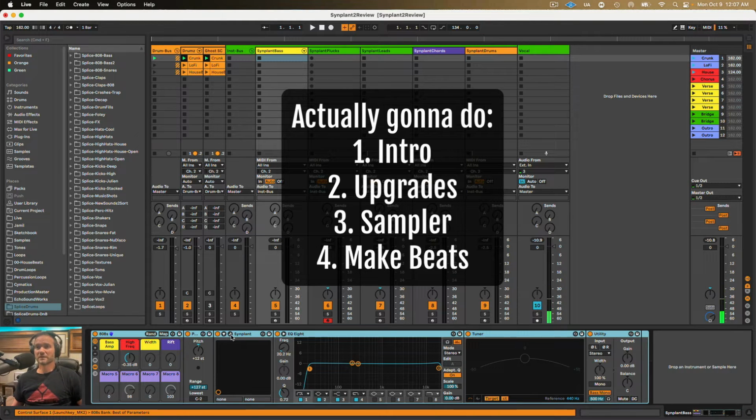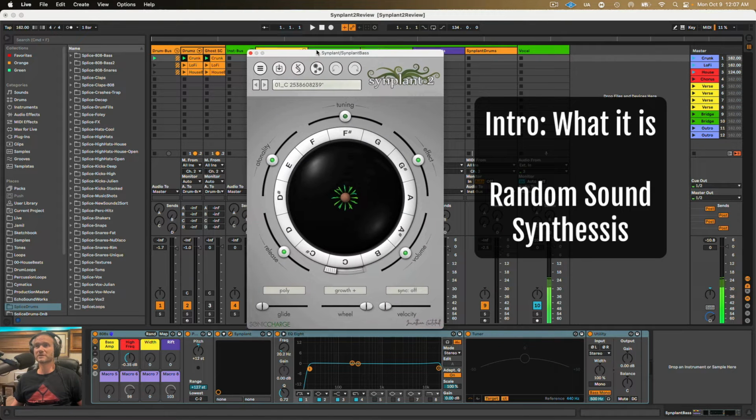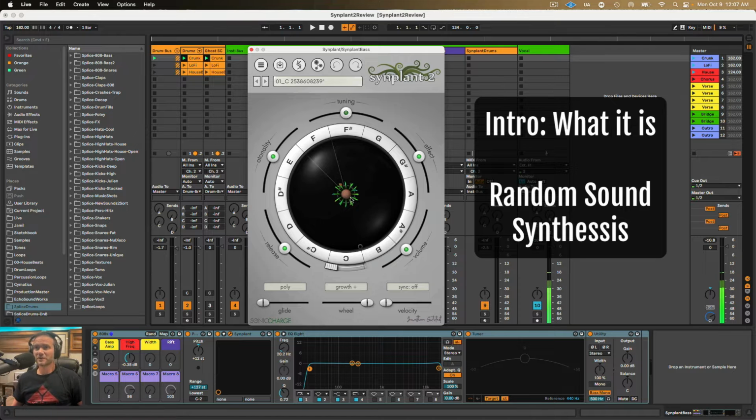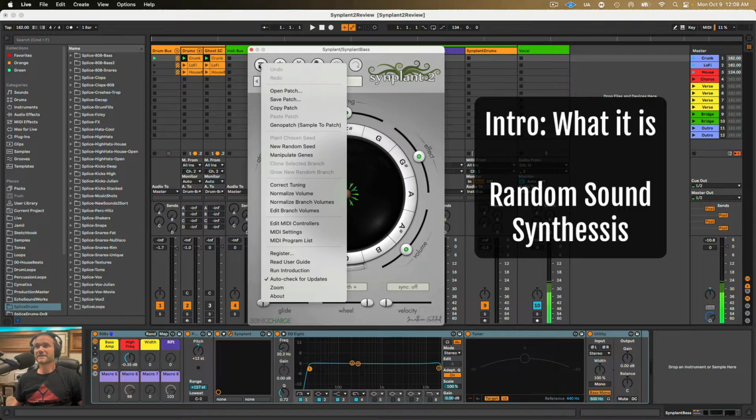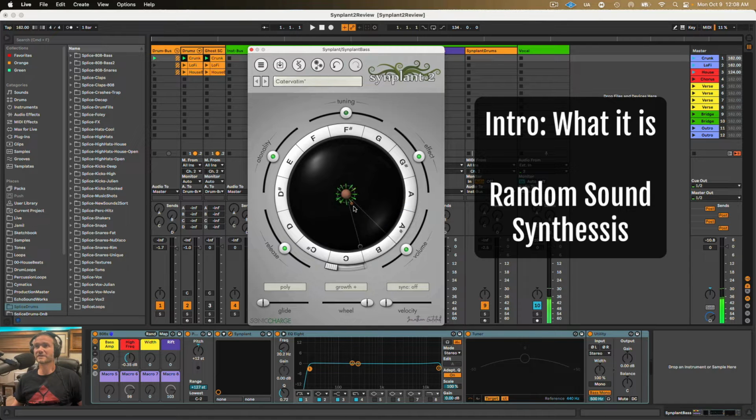So Synplant is this cool little circular module, and basically I'll just start a new seed. Let's do a new seed, new random seed. So if I play the random seed on my keyboard, right now these are the different keys that you're playing. Right now I'm playing D sharp. So if we stretch it out,